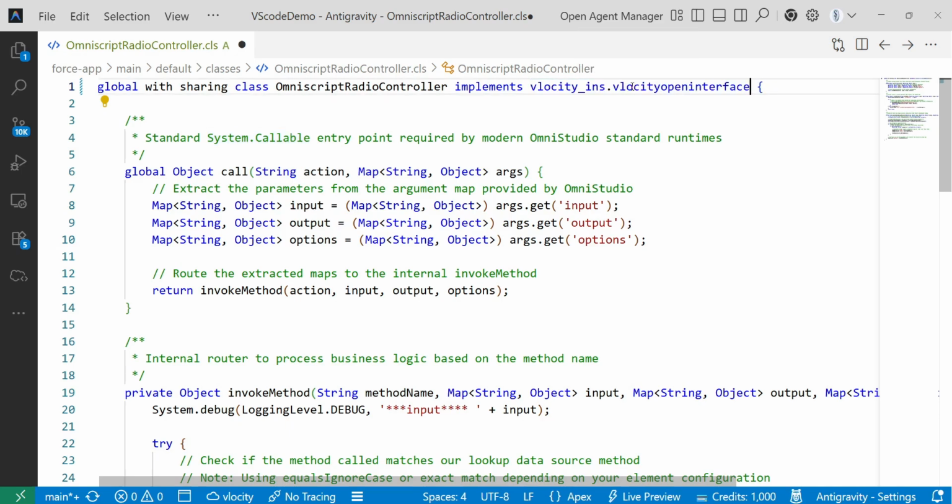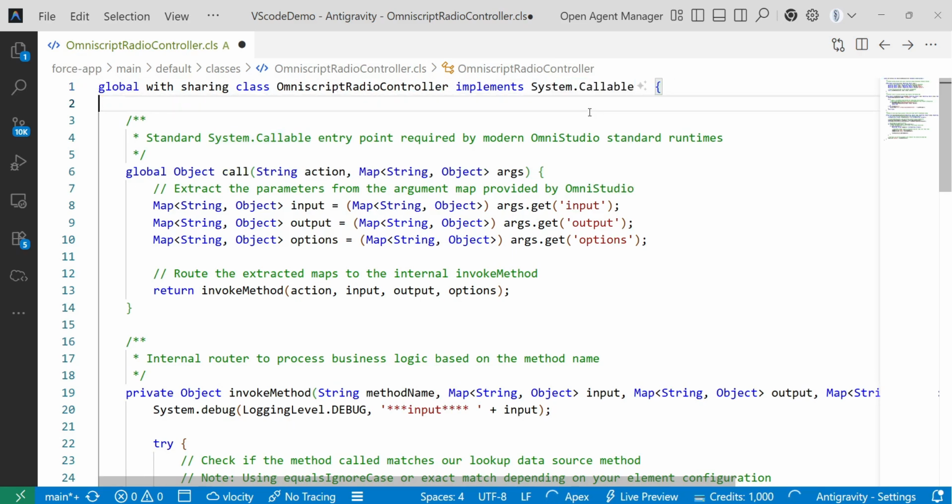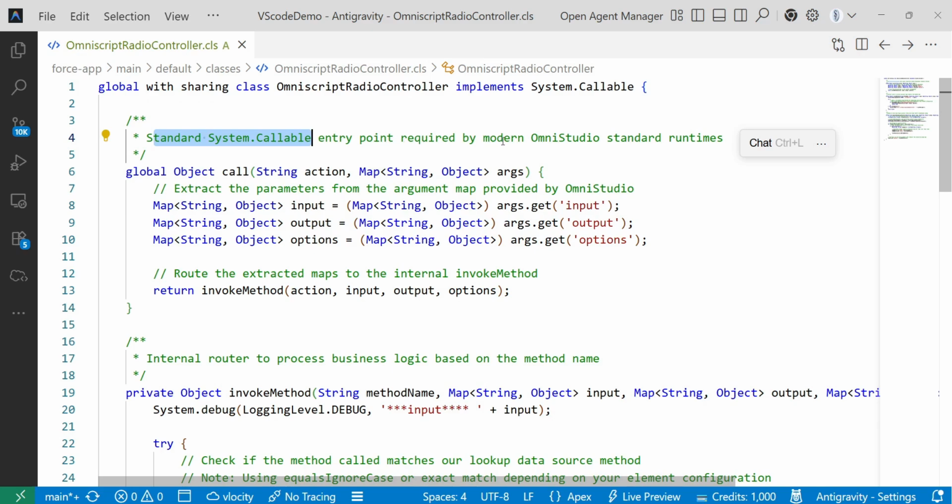Now in the OmniStudio standard designer, we use this system dot callable to implement the callable. System dot callable is the entry point required by the modern Salesforce, meaning OmniStudio standard runtimes,